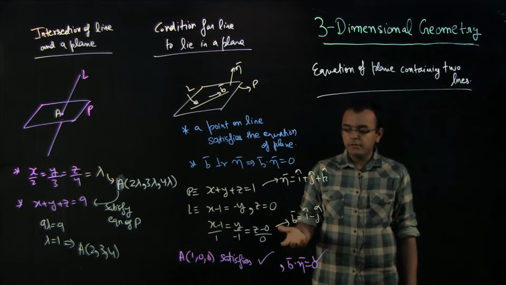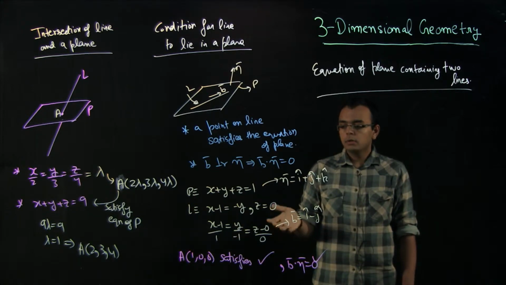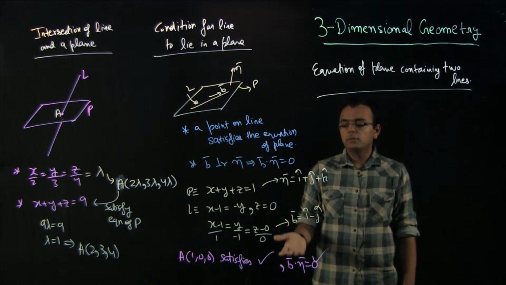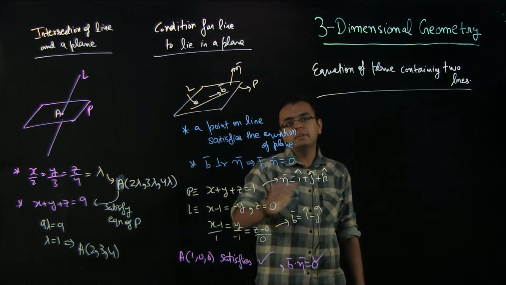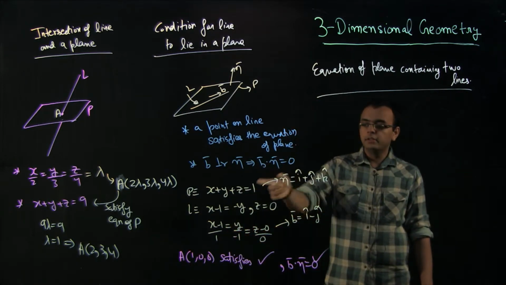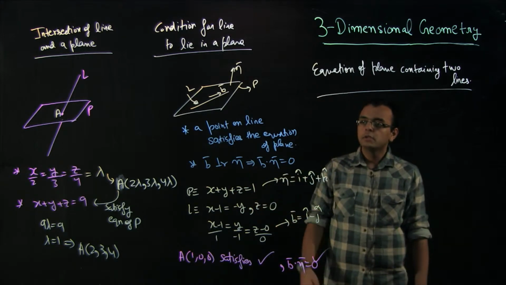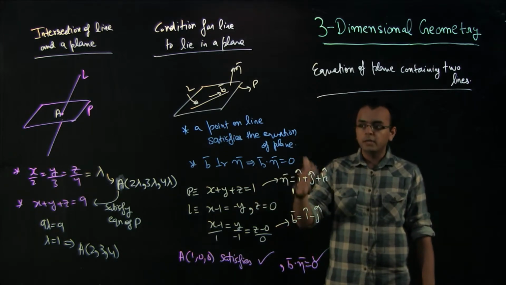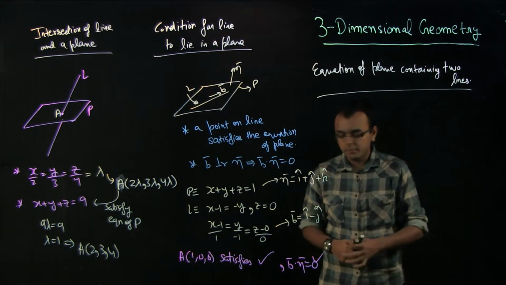If you take the value of lambda to be, let's say 1, the point will become 2 comma minus 1. So 2 comma minus 1 comma 0 also satisfies this line, and that also satisfies this plane. So 3 comma minus 2 comma 0, all these points will also satisfy this line and equation. So you can check that. A point on the line satisfies the equation of the plane and B is perpendicular to n. That is as simple as that.